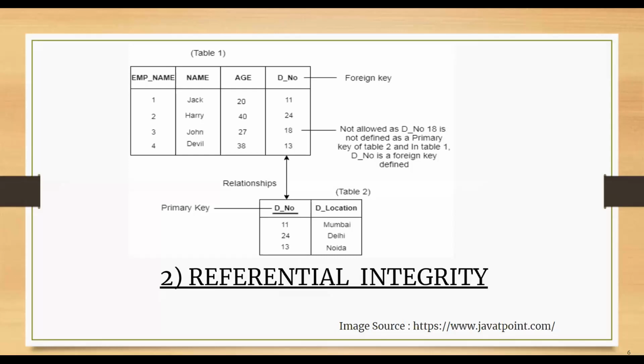Whenever you have referential integrity, whenever you are creating references between two tables, you have to make sure that whatever values are in your primary key table, that same value should be seen in your foreign key table, because they are taking a reference. Your foreign key is taking a reference from the primary key table, so both of them should contain the same set of values. If there is any extra value, that will not be included in the output. So referential integrity says that you are creating a reference between your foreign key and primary key, and all the values present in the primary key table have to be present in your foreign key table.